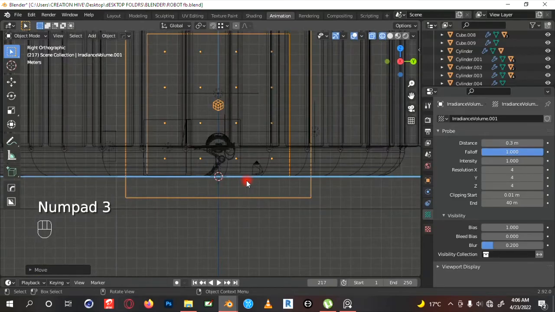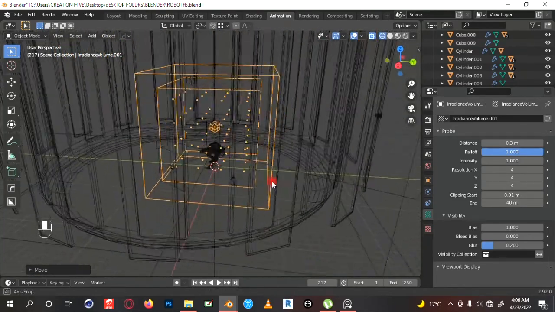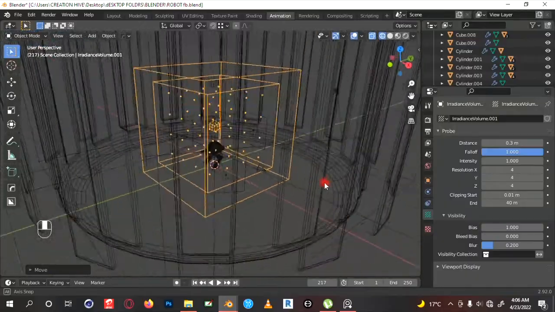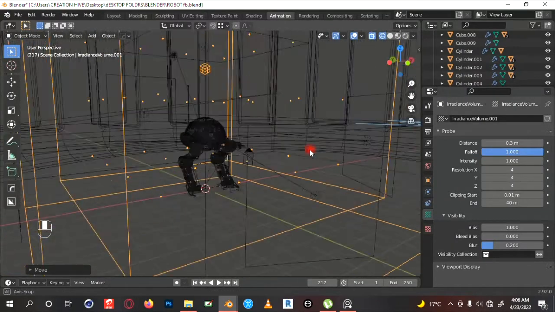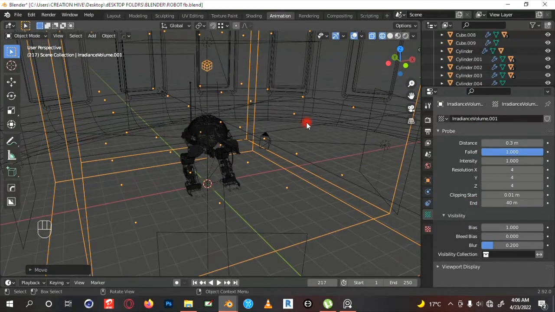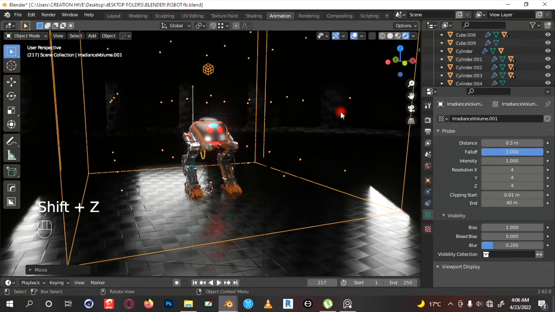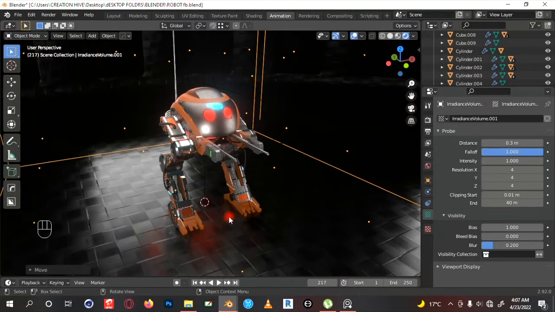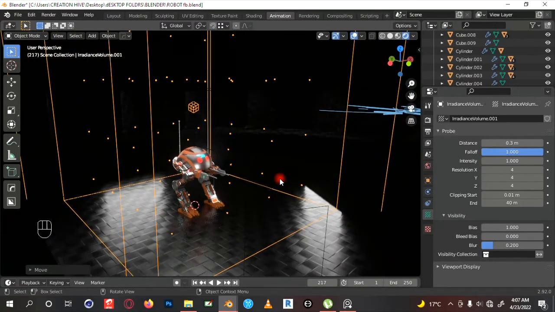I'll just align it, move it about. Yeah, I think that should be... I think it's even too big, but I think it's okay, because we're not going to render everything out, and we won't even see much of the environment because of the fog. Okay, so after putting in the irradiance volume, the first thing we need to do is